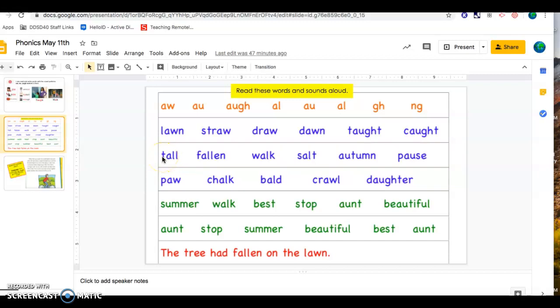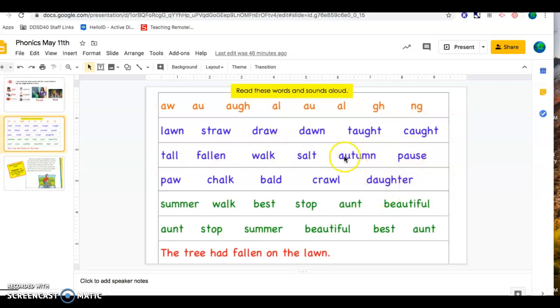Wait a minute, you're saying to me, wait, there is an L sound. Well, guess what? There's two L's in this word. So the A-L is what we're focusing on, and this L is silent. Let's look at a different one. Walk, walk. There. That only has the one L, so there is no L sound in that word because the L is silent. Then you've got 1, 2,